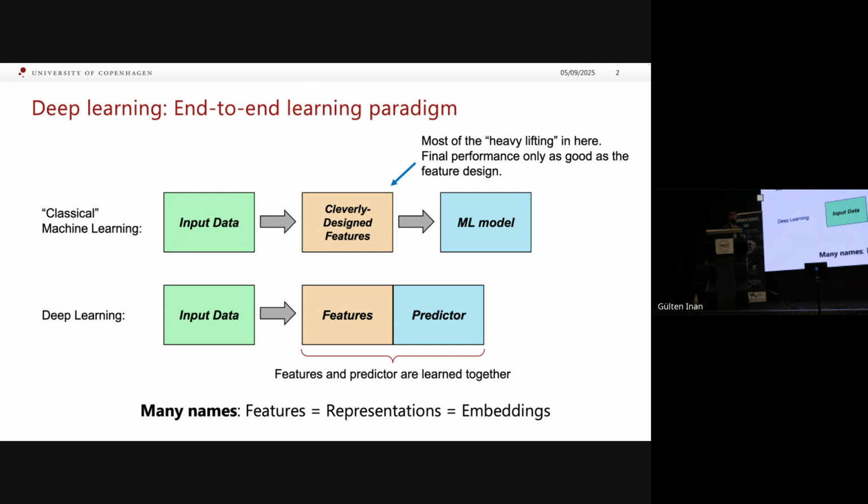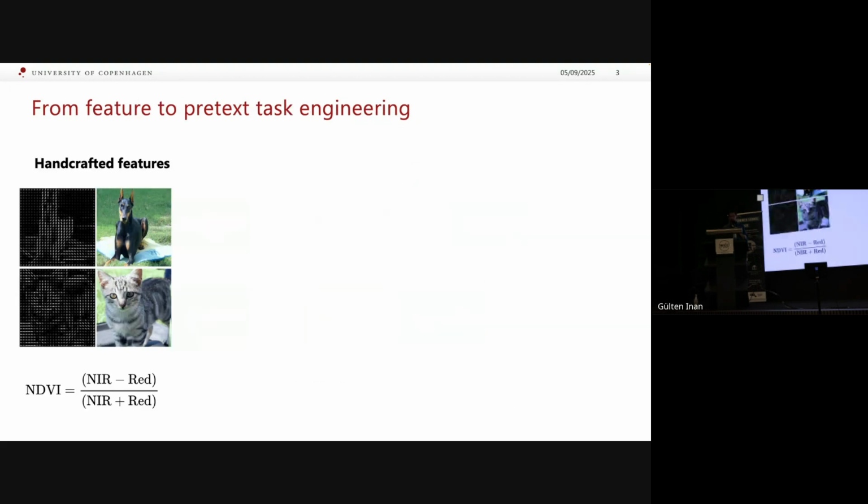And I mentioned that already. So there are many names. Please don't get confused or scared. Features, representations, embeddings. I would say these are the same things. It depends a bit, yeah, with whom you're talking. But yeah, I typically call it features or representations. Nowadays, if you want to sell it as a product, you would call it embeddings. So that adds to the confusion maybe, but it should not.